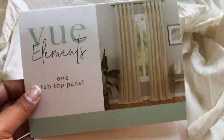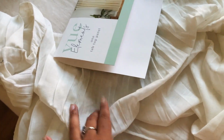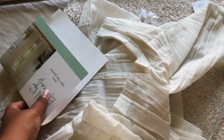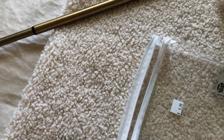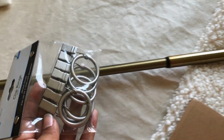Okay, so now I'm gonna hang a curtain on the window. I got these from Salvation Army. I accidentally only got one panel in this size and the other one was a longer size. So I'm kind of upset because it's a 45-minute drive and I can't just go swap that out. So I'm going to try to see if this one panel will work since the window is pretty narrow. And I did get some clips from Walmart. They don't really match the bar that I have, but